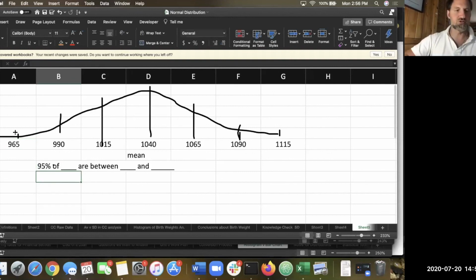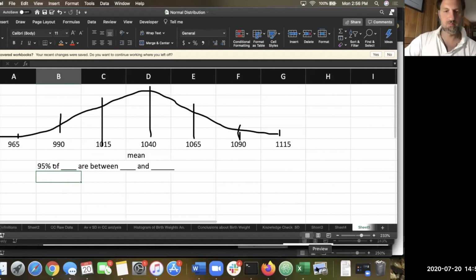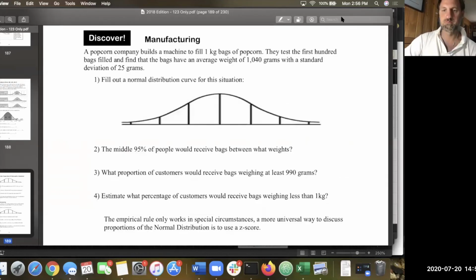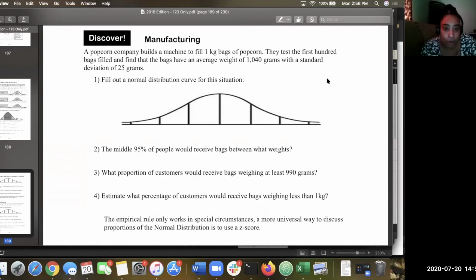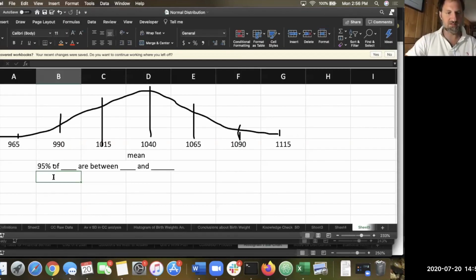That's the template you should be thinking of. So what are we talking about here? Popcorn. Bags of popcorn, good. So 95% of the bags of popcorn are between,